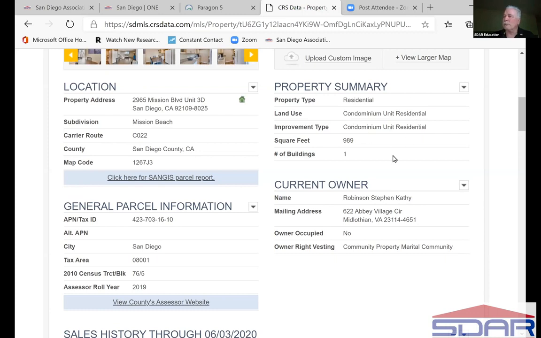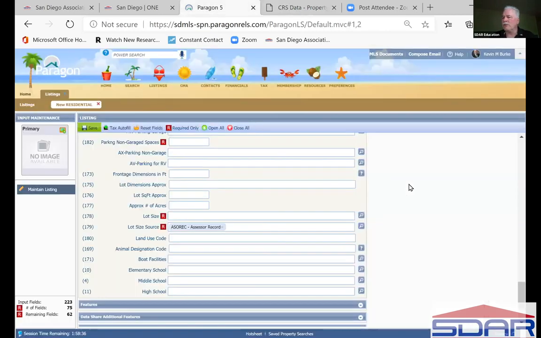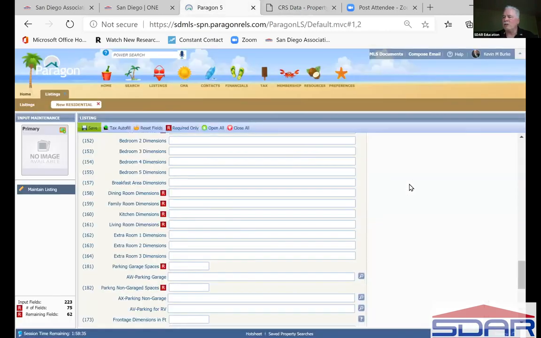Over on the right-hand side, I've got the summary of what type of property it is. There's my square footage. There's my number of buildings, so it is one building. See, this is helping me input my information into the MLS when I'm inputting it. For example, it's going to ask me questions about, here we go,